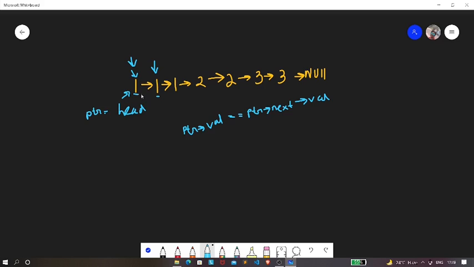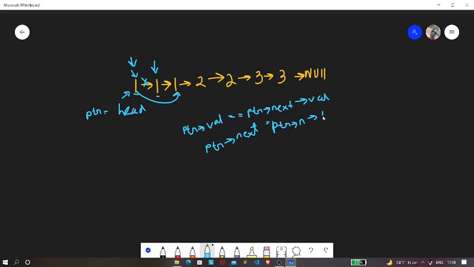So what we're going to do is make this one point to this one, and hence we are going to cut this off. We are going to make our ptr of next point to ptr of next of next.